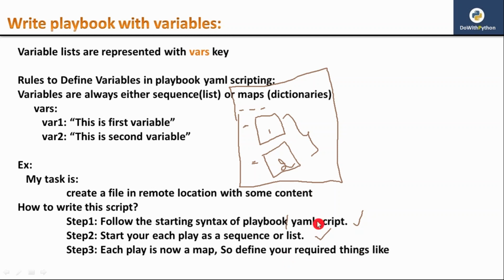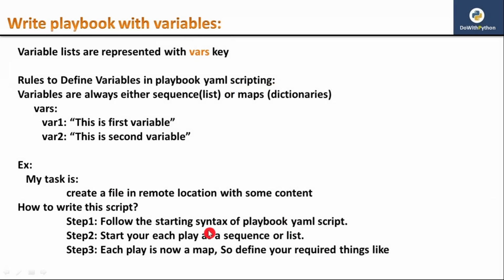Guys, whenever you want to write a play, you should follow some rules. First you have to define hosts, then if it requires variables, you have to define variables, then you go with the tasks. In this play, you have to follow some rules: first define hosts, then the variables section, then tasks. What are the tasks you are going to perform with this YAML script? That's it. Let me go and write this simple script on my